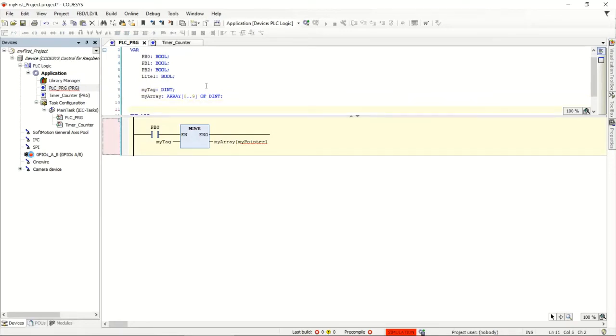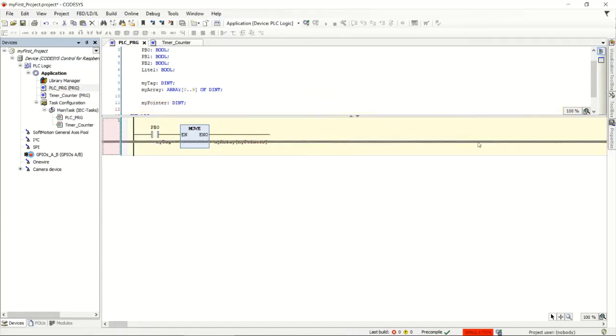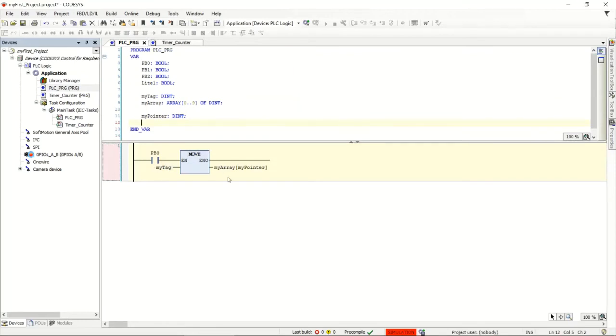They use the name pointer. So I'm going to use pointer, and it's going to be a DINT, and that's going to give me a reference to what location I want. So now here's the neat thing: when I push button 0, if my pointer is equal to 0, it's going